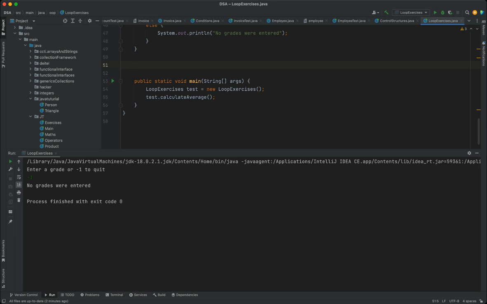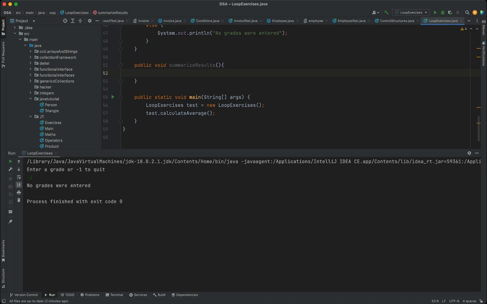So basically, we are going to, yeah. So let's get started. I'll create another method for that. Public void summarize results. Okay. So as usual, comments to indicate what I need to do. So in this case, what I'm going to do is